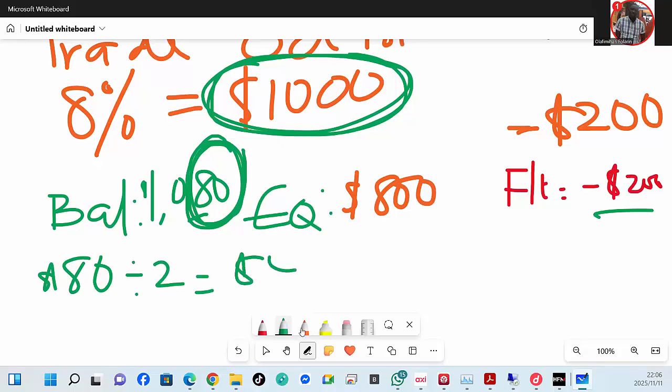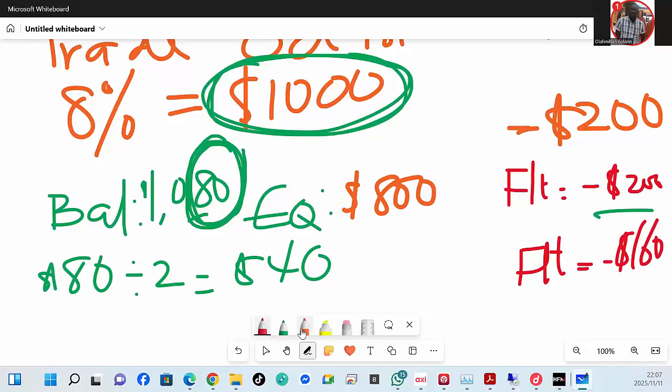What I'm going to do is use $40 to reduce my float by closing some positions that are on, and our float will come back to minus $160 from 200,